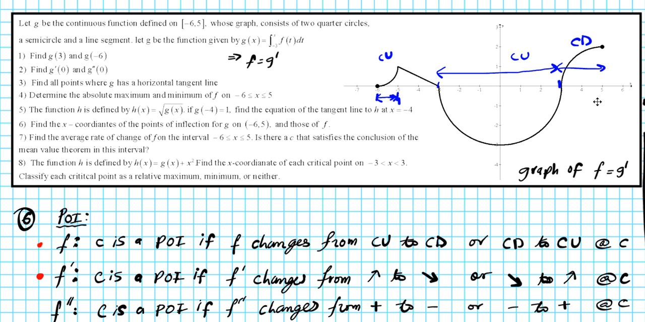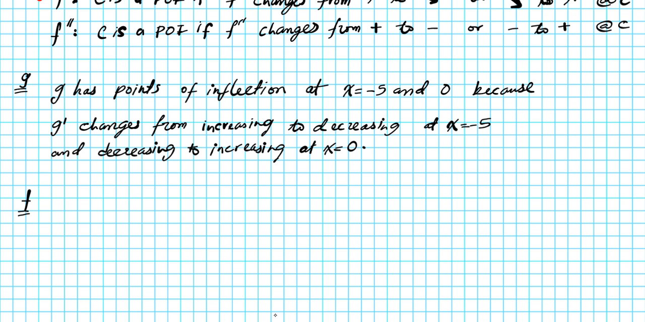So where are the points where concavity changes? The only point where concavity changes is at x equals 3, because it changed from concave up to concave down. All right, so let's write that down. F has a point of inflection at x equals 3,